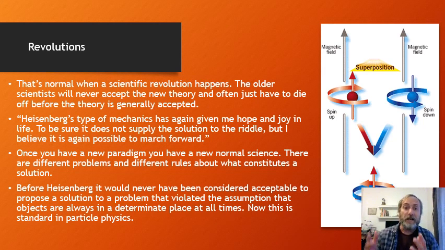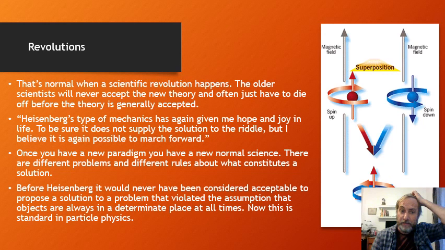And once you get a new paradigm, you have a new normal science, right? Different problems to solve, different rules about what counts as solving those problems, different assumptions. And this is then Kuhn's account of theory change, the first inter-theoretic relation that we want to talk about. And just think, before Heisenberg, it never would have been considered acceptable to propose a solution to one of those problems, the Zeeman effect or whatever,